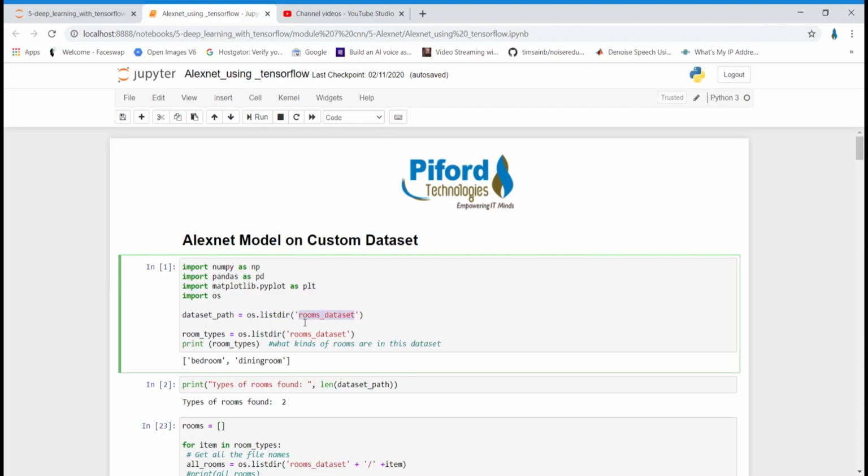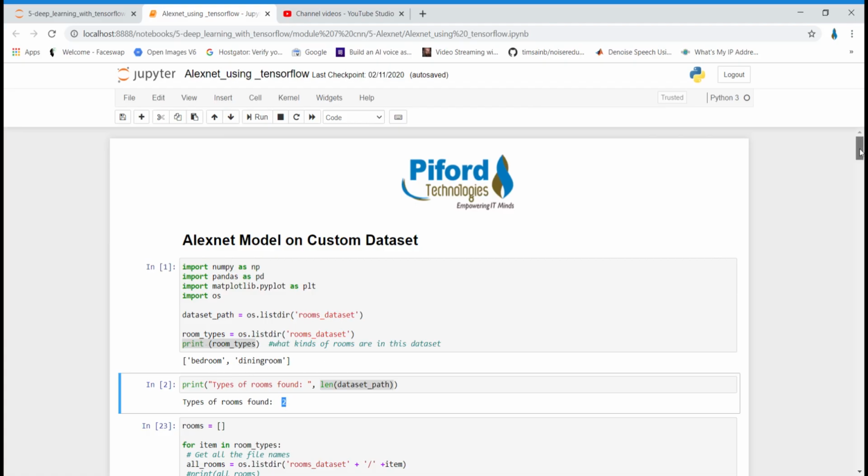What I want is to get a list of all the folders present in this folder, and I'm storing it in rooms_types and then printing it. So I get these two outputs, bedroom and dining room. That means these two different folders are present at this location. Now I'm using the length method on the same variable. It is showing me 2 because we have two different kinds of rooms.